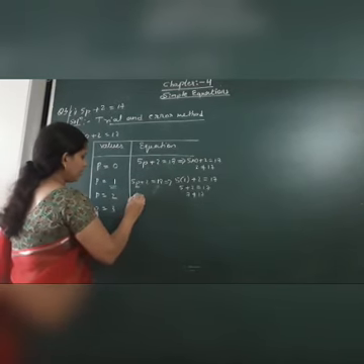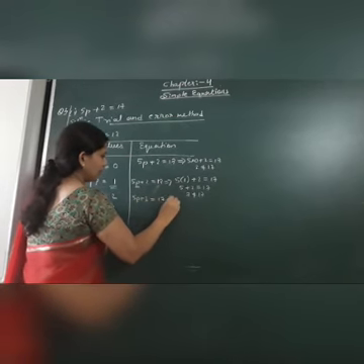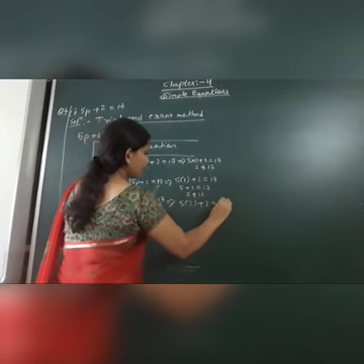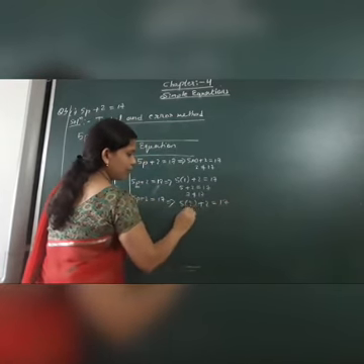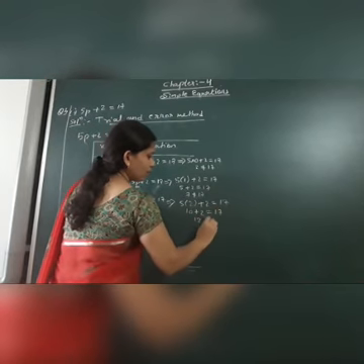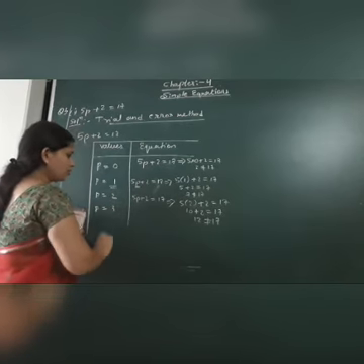Okay, next we are having p is equal to 2. So again we will put the value of p as 2 in 5p plus 2 is equal to 17. So 5 into 2 is 10. 10 plus 2 is 12. Again 12 is not equal to 17. It did not become equal again. That means this is also invalid.